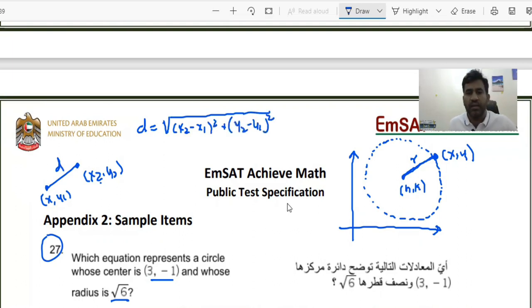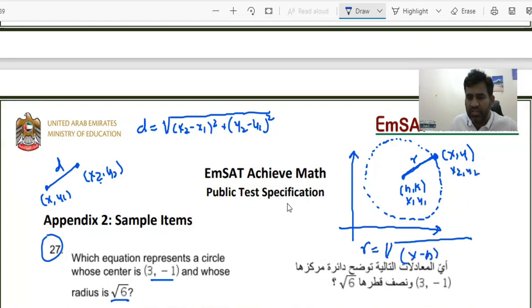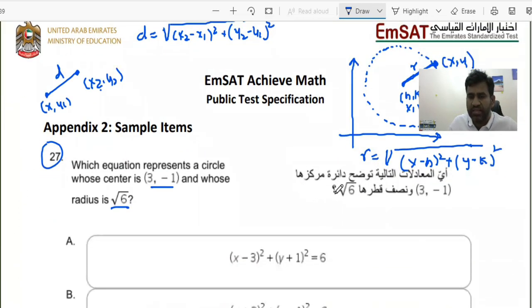I'm not going into detail to explain how I'm writing this; we'll discuss it later once I start the course with topic details. Now I'm just solving with reference to the question they have asked. This is how you write the distance formula, and the same applies to find the radius. So r equals the square root of (x minus h) squared plus (y minus k) squared, taking (x1, y1) as (h, k) and (x2, y2) as (x, y).